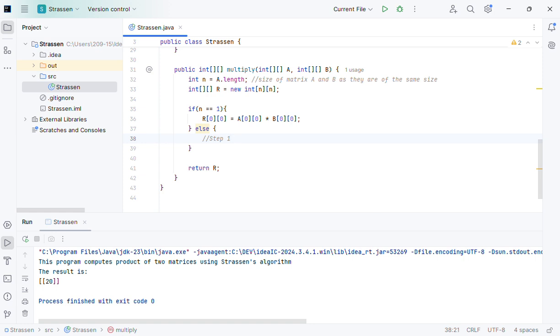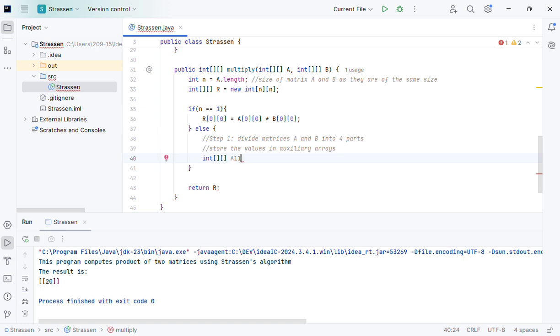And here we will divide matrices A and B into 4 parts, and then we store the values in auxiliary arrays. So now we have to define one array which is called